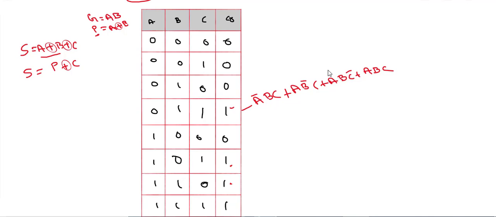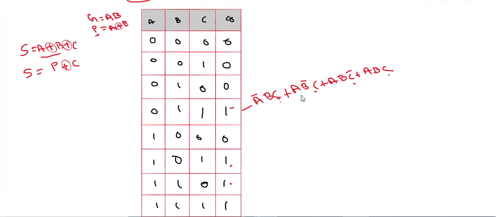In this, what you have to do is separate the carry from A and B when you are taking a carry look ahead adder. Since it is a carry adder, we have to separate the carries. So first we can take C outside in this case, and in this last term also we can take C outside.